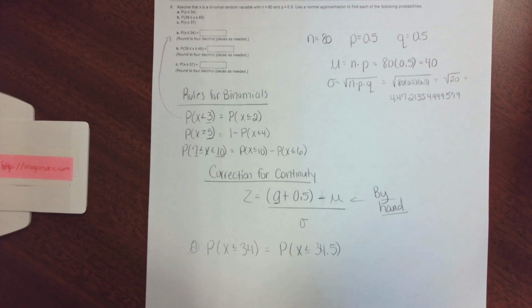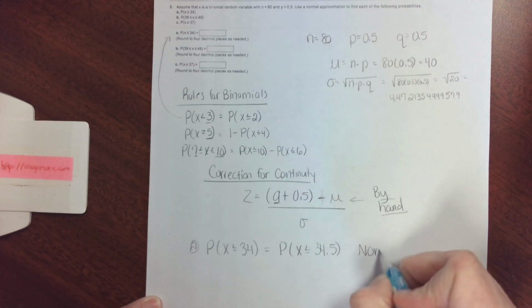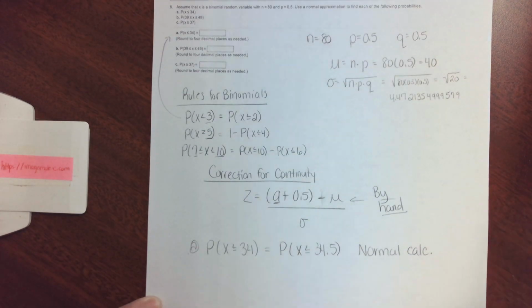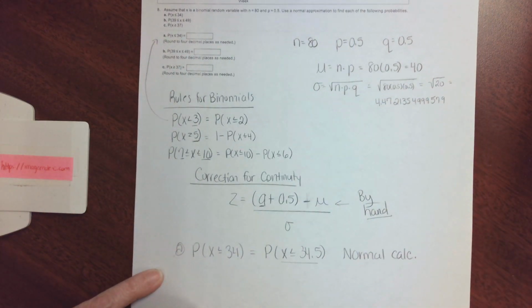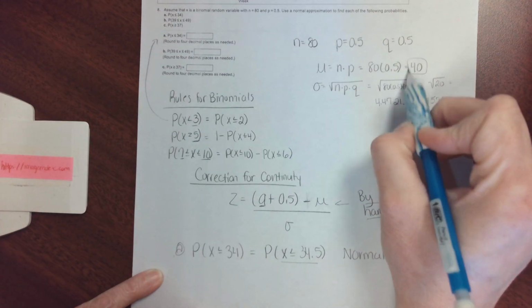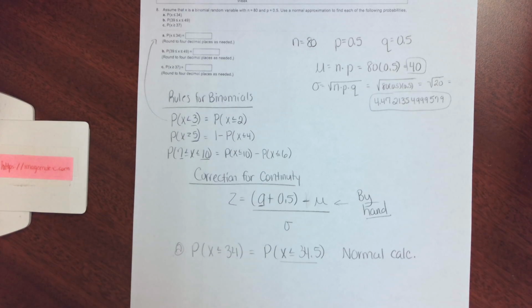So then when we go to StatCrunch, what we're going to put into the normal calculator is this x is less than equal to 34.5. We're going to put in our mean of 40. We're going to put in our standard deviation of 4.472135. So I'm going to flip over to StatCrunch, to my normal calculator, and I'm going to put in that mean of 40, that standard deviation of 4.472135,